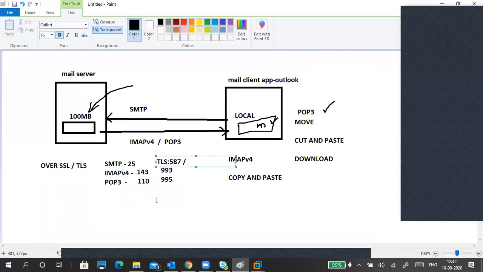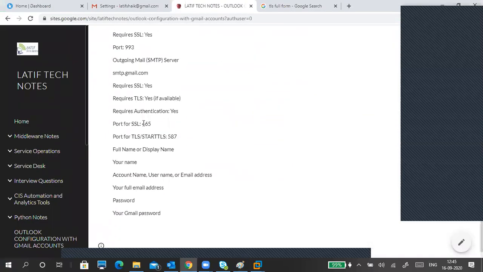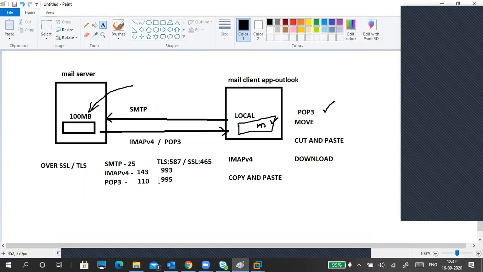Next one, if you are using an IMAP configuration, you can use SSL or TLS, both we can use. If you configure TLS, that is better. So 465, if you want to configure with SSL, then it is 465.